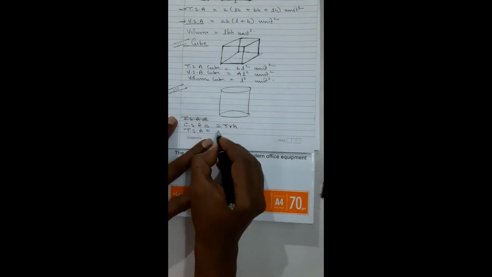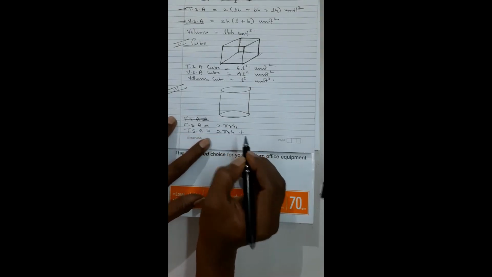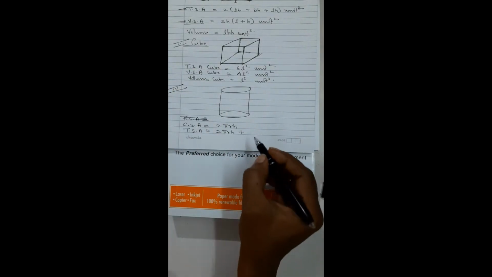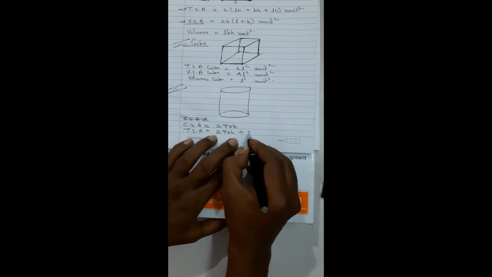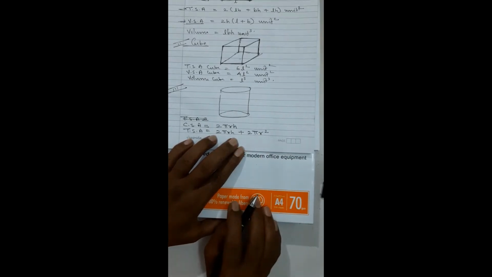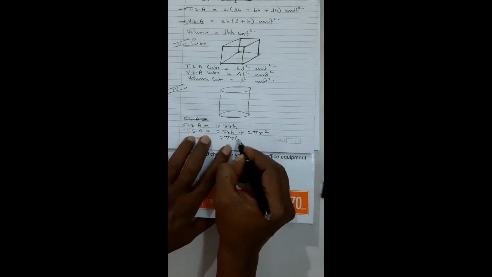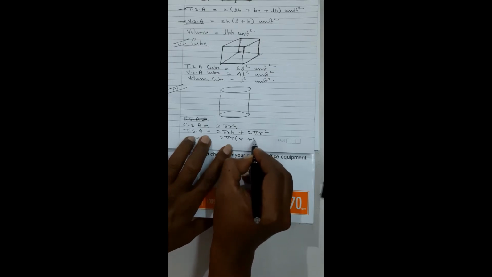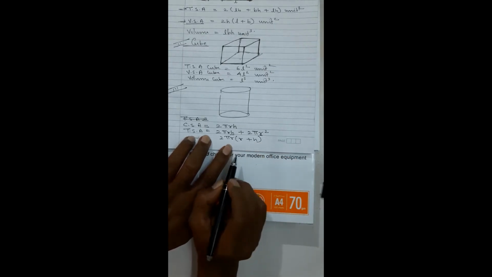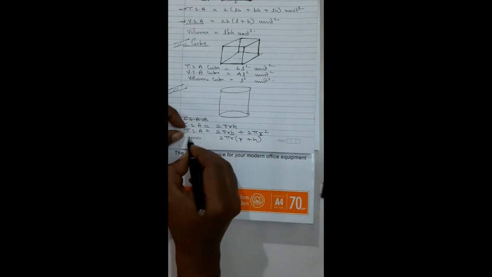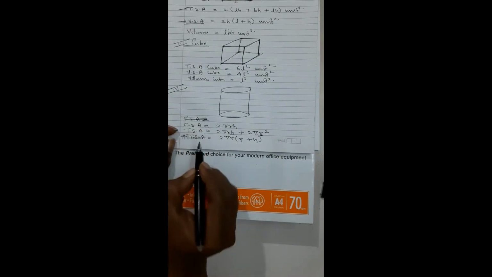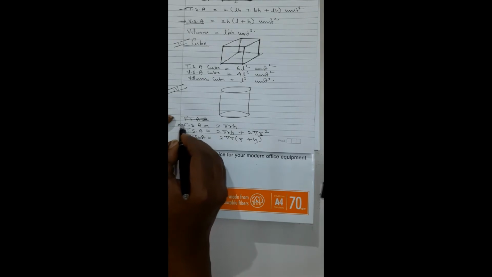And then we go to total surface area. It is curved surface area, and then we have got 2 circles, bottom and top. Circle is pi r square, and because there are 2 circles, 2 pi r square. So if I take out 2 pi r as a common factor, then in that I will have 2 pi r into r plus h. Here r is remaining and here h is remaining, but I wrote r first and h afterwards. So this is the formula of total surface area of a cylinder. Total surface area of a cylinder is 2 pi r into r plus h. Curved surface area is 2 pi r h. Try to understand, my dear students.